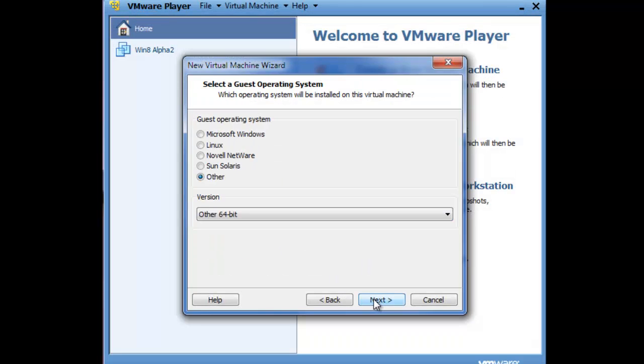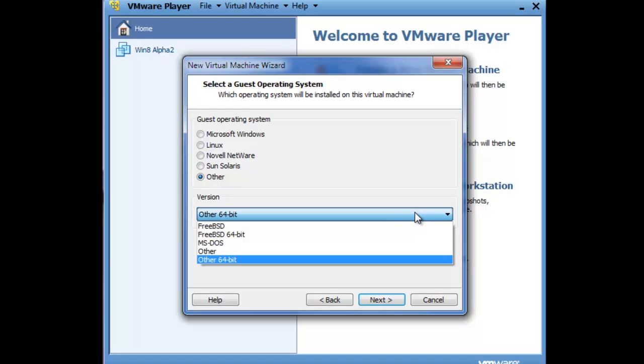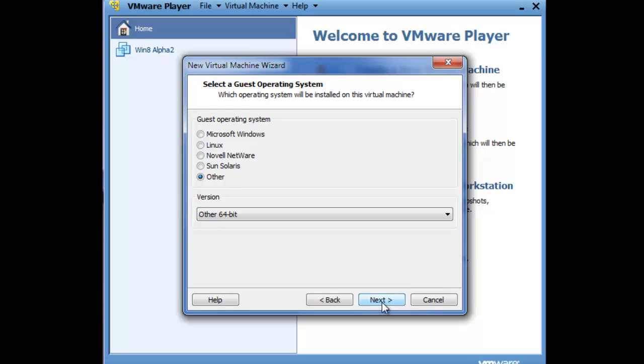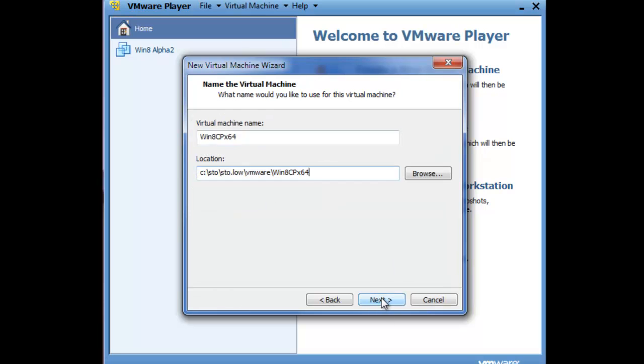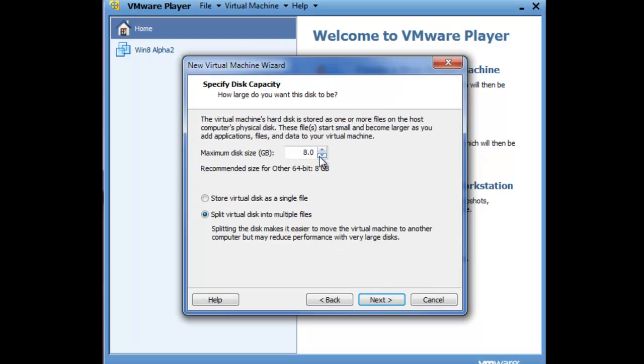And then click Next. You would like to choose Other, and in the version choose Other 64-bit, and then click Next. Type in a name for your virtual machine and then choose a location. Where do you want to save the virtual hard drive? Click Next. For the 64-bit version, you need at least 20 GB, but here I will enter 120 GB, and